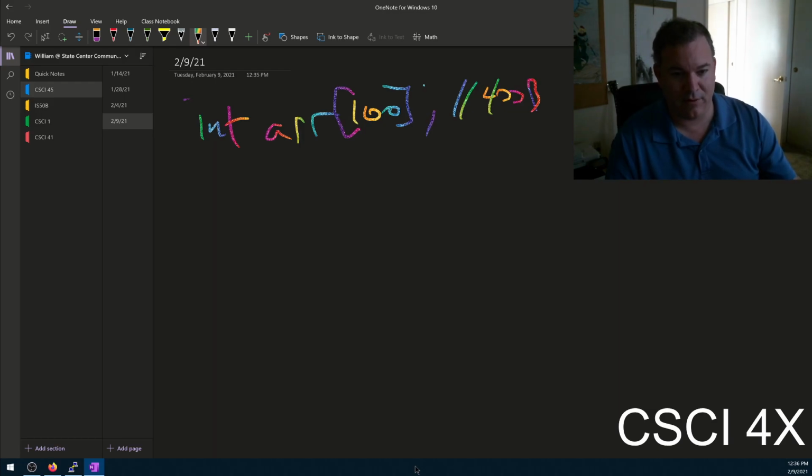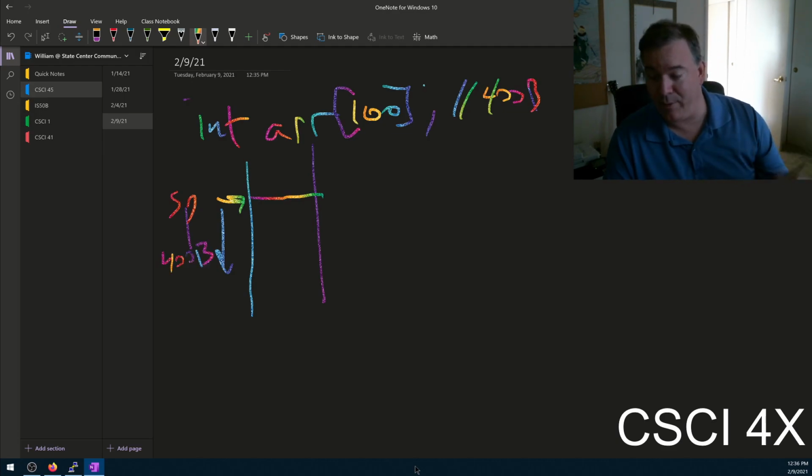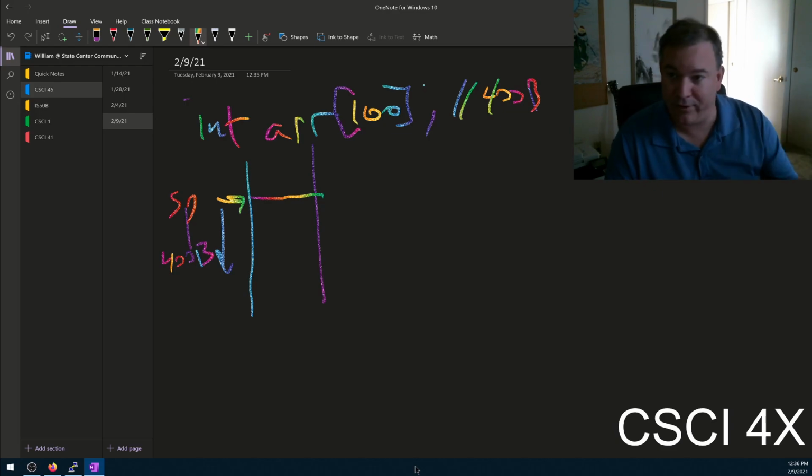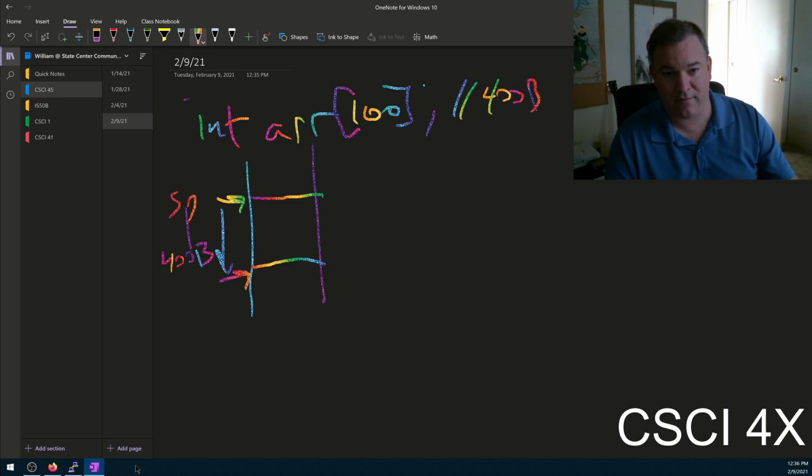And so what happens is, if we look at the memory map, every time you call a function, there's something called the stack pointer, and when you call this function, the stack pointer is going to move down 400 bytes. Actually, a little bit more because there's going to be other variables and the return address and stuff like that. But we'll just simplify and say the stack pointer moves down to here, and then this R